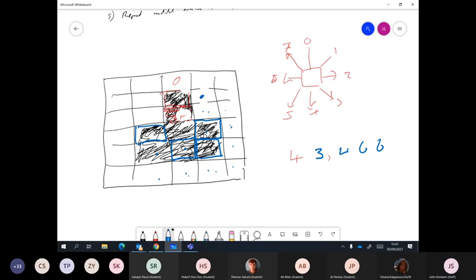0, 6. 0, 1, 2, 3. We start scanning from there. No, no, no, no. Yes, no, no, yes. The next one will be 0. And then opposite of 0 is 4. We start scanning from 5. Sitting here, it's going to be